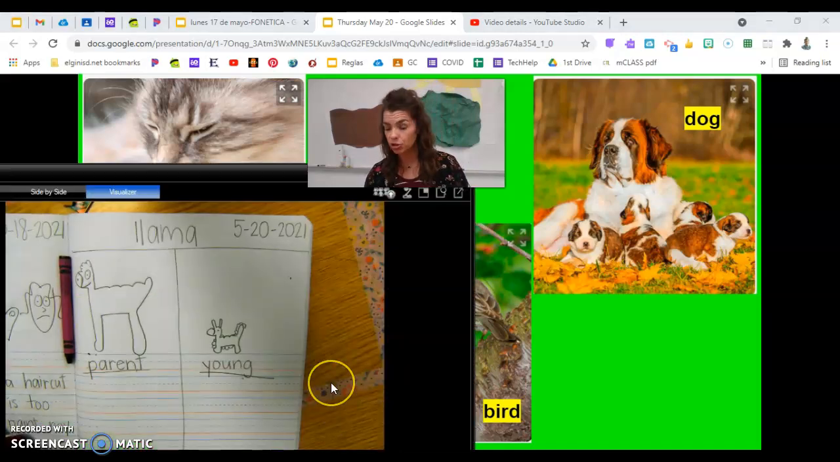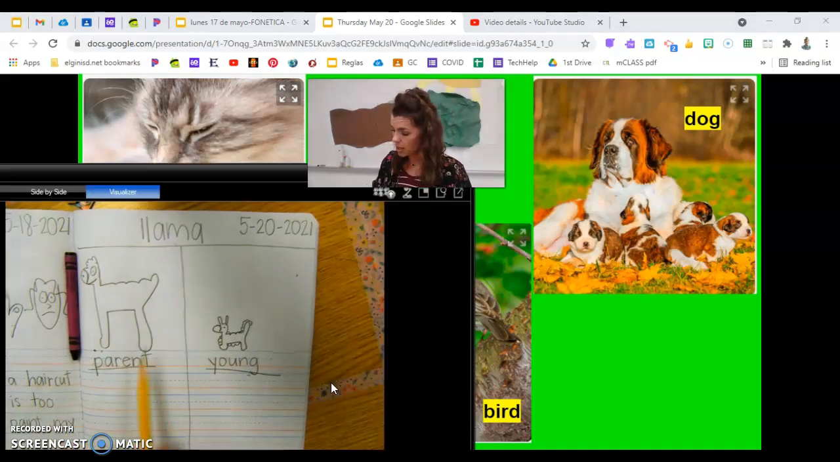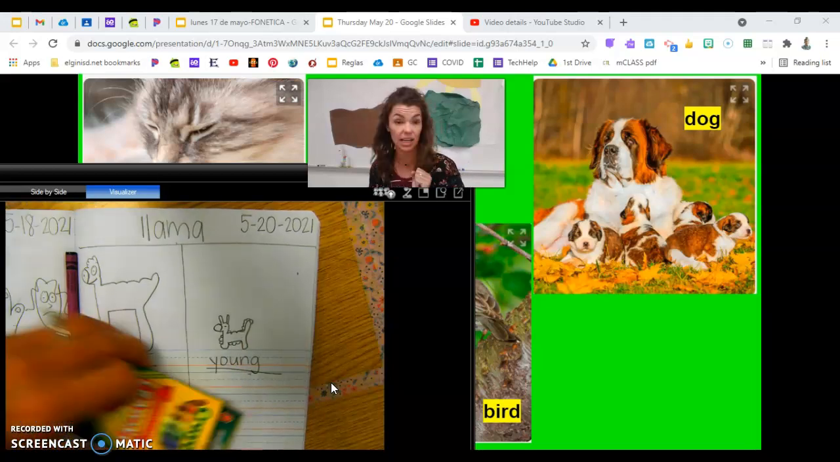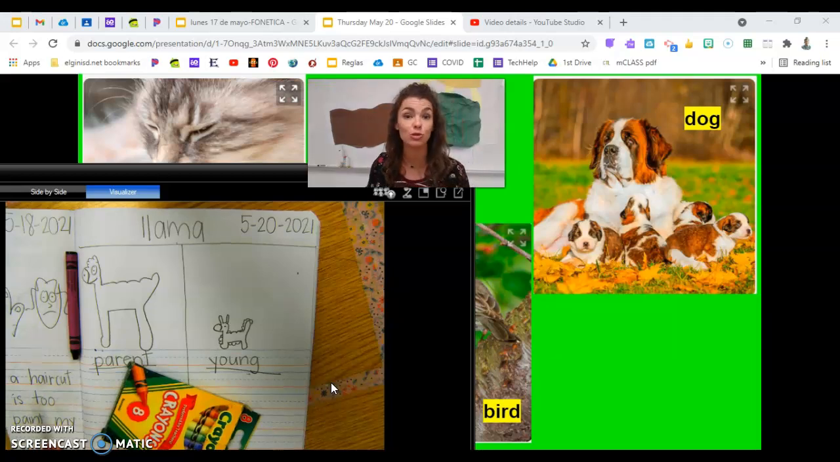When you're ready to take a picture, make sure you have an animal on top, parent label, young label, 2 animals, and lots of color. Take time to do your best work, my young students,